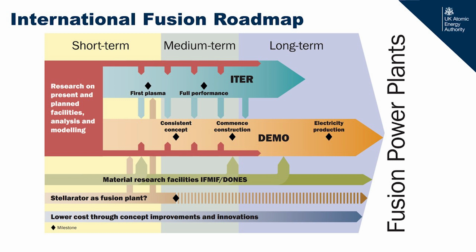The key difference being DEMO is fully self-sustaining on fuel and producing energy for the grid, which ITER won't do, and it is supported by a range of international facilities that are essential to making those fusion machines work. Things like neutron sources, so that we can test materials to make sure they're going to survive the fusion environment. And this is a step-by-step process in which we're building bigger machines to extrapolate from ones we've operated in the past almost directly.